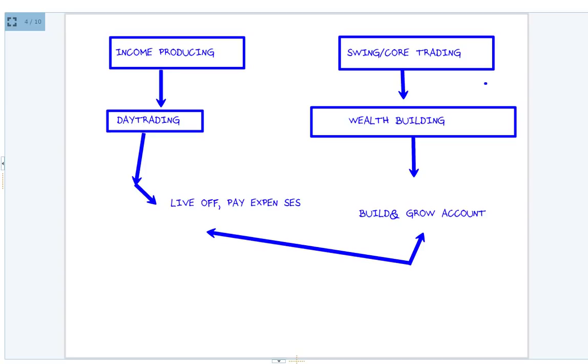So if you invested your money in the Spiders or the Qs, you're getting an average of 8 to 9% a year in return. Your goal as a wealth builder is to beat that and get 20, 30, 40% returns in a year. So the model that I already gave you guys, the model that I use for long-term trading and wealth building, all right,